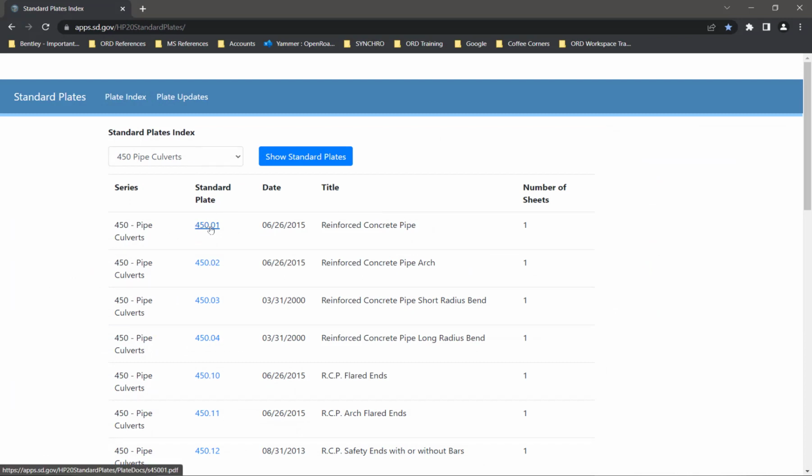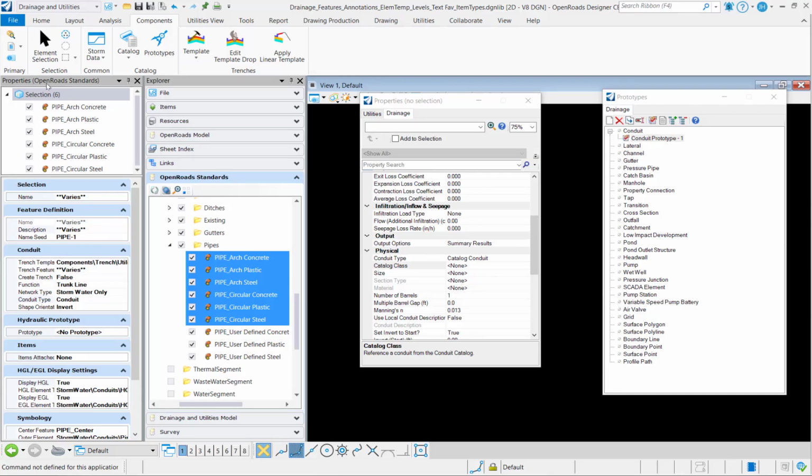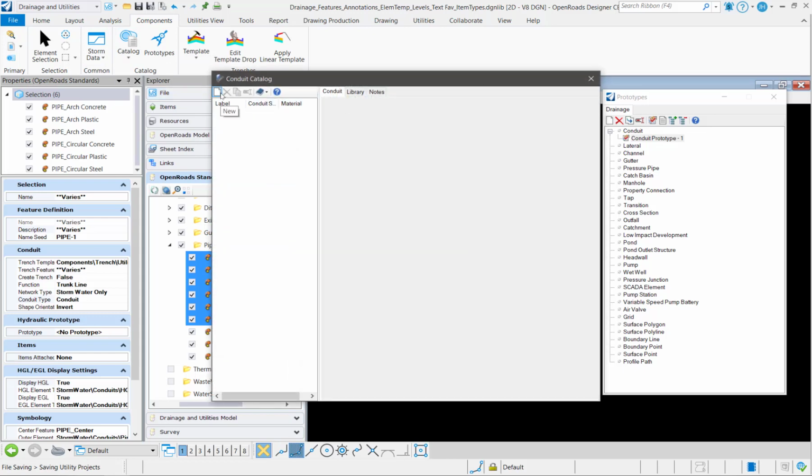So I'm going to start with just a regular circular reinforced concrete pipe. This is going to give me the sizes that I need to include in the catalog. It's also going to give me what the thickness of each should be, as well as the diameter. To set that up, I'm going to go into my catalog for my conduits, and we'll go and create a